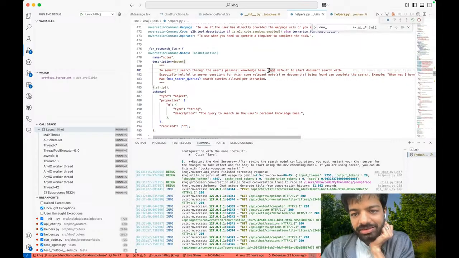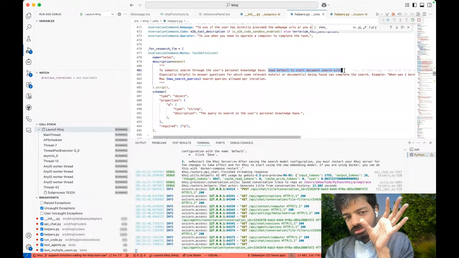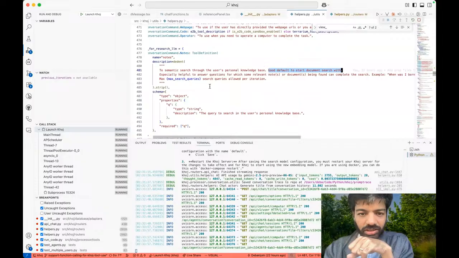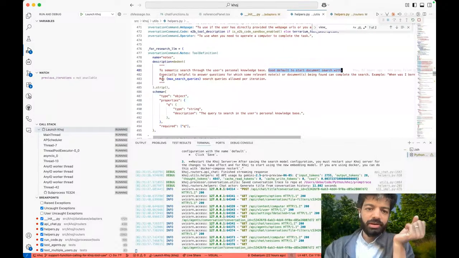Okay, so yeah, we say this here, right? Good default to start document search with. That's one of the reasons it could be using the note search tool more regularly. We can try and remove this and see how that works. And then the other part is, especially helpful to answer questions for which some relevant notes or documents being found can complete the search. So this is the part where I'm trying to tell it, hey, you can't use this